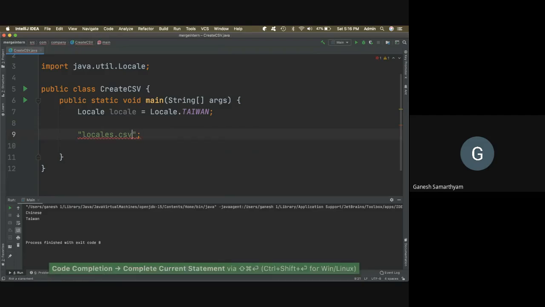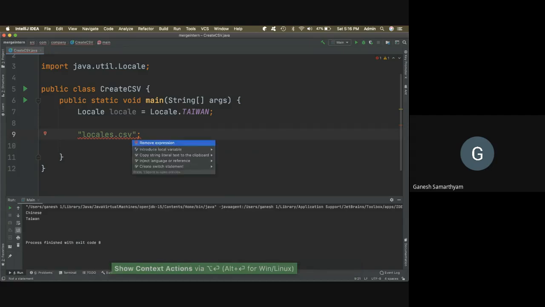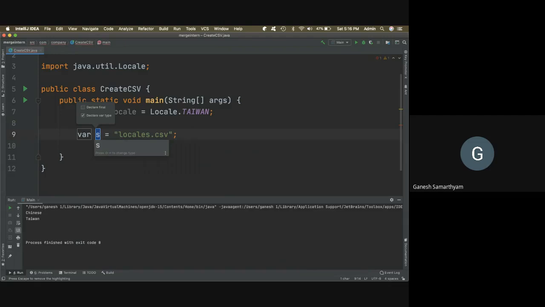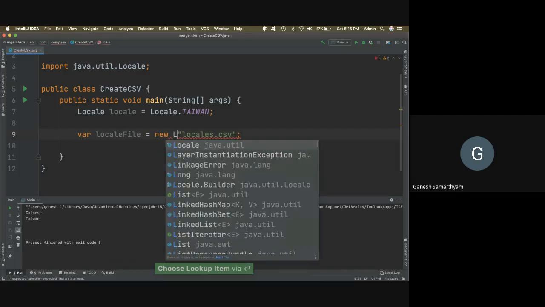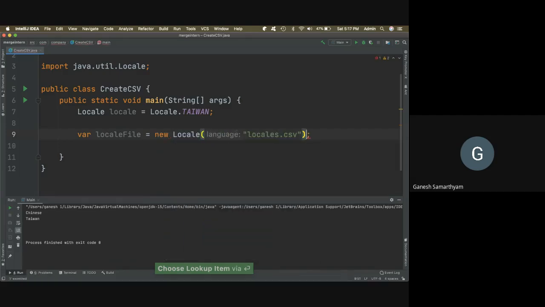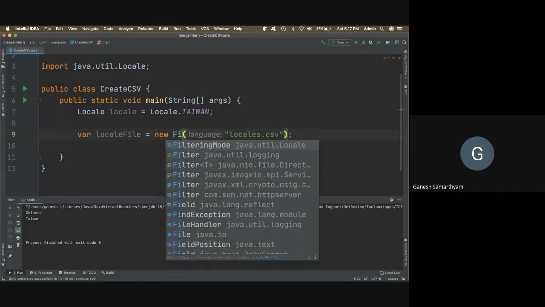I want to complete this properly, right? I completed it. Now I want to create a local variable. What is the variable? It's a file name or locale file, right? And my locale file is a new file.